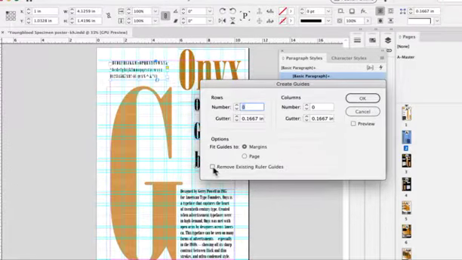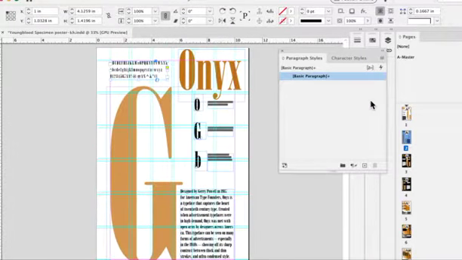and you want to be sure that you always check this to remove the existing guides. We want the guides to fit to the margin. And I'm going to make this about 6 rows and 6 columns. And I can see now that this suits this layout a lot better. I might want to double it to 12 because I have some elements here that are pretty close together, but